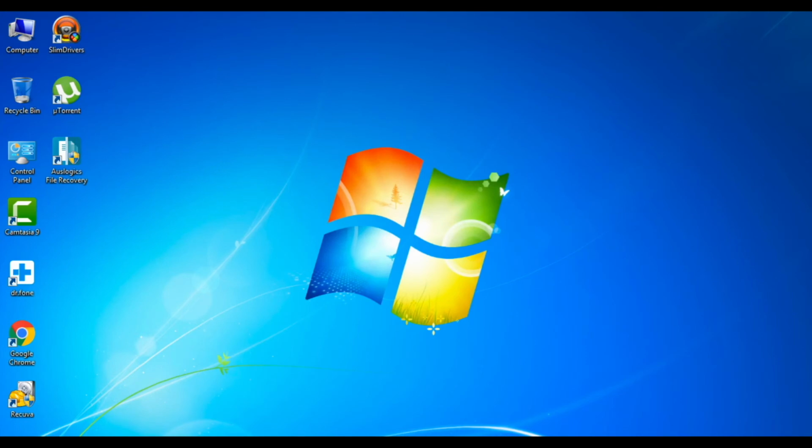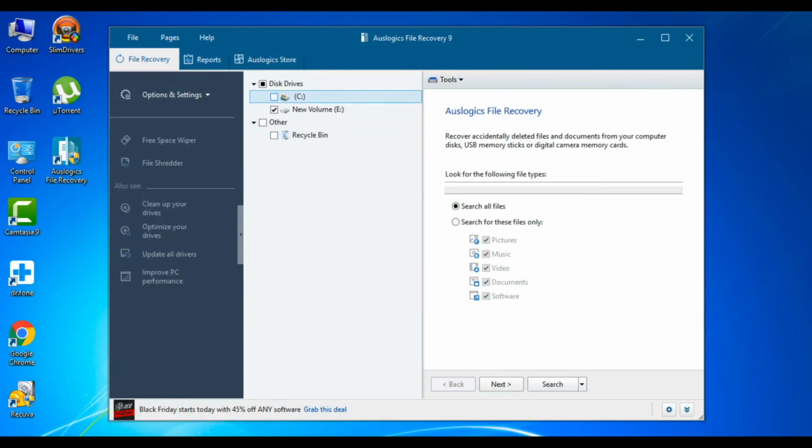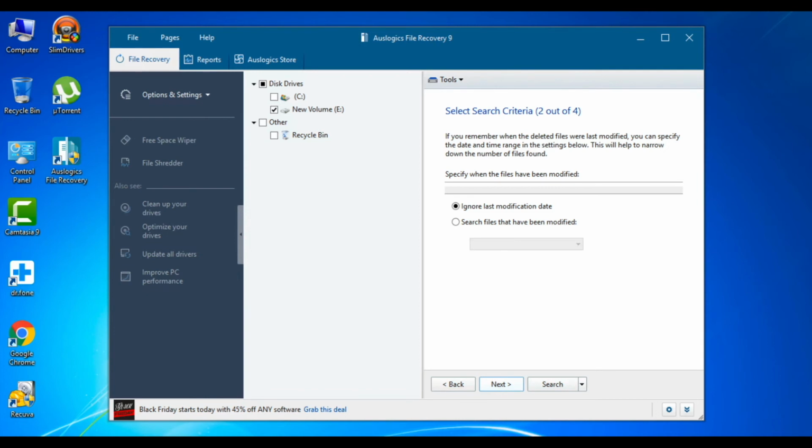Now we have to recover this image, and for that I have three different software here. Personally, I use Recuva, but in this case I'll give a try to Auslogics File Recovery. Let's open it, and here you can select the disk from which you want to recover. In my case, I'll click on New Volume E, and on the right hand side you just have to check the file type you want to recover. So we will check pictures only here and uncheck all the other boxes, and now you need to click next here